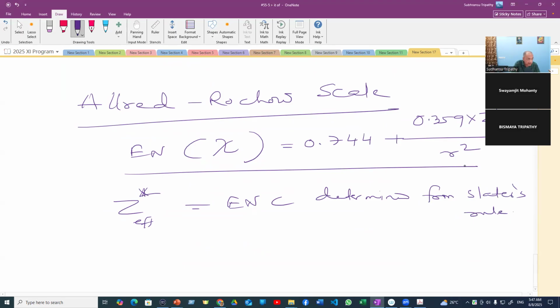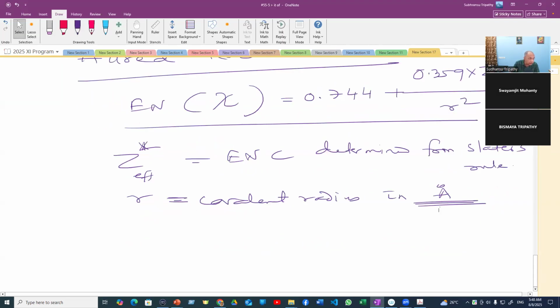and R is the covalent radius, because we know all elements have now covalent radius. Even if they are metals, they have been corrected for covalent radius. Covalent radius in angstrom unit, directly you have to use in angstrom unit. You will not use any conversion here, but the data that you will be using should be converted to or given in angstrom unit. So this is a better scale, and if we can solve this problem, it will be